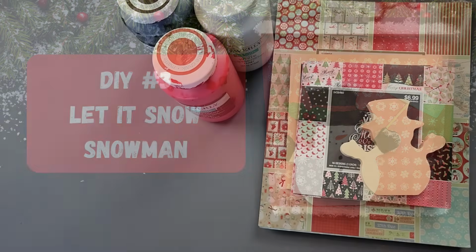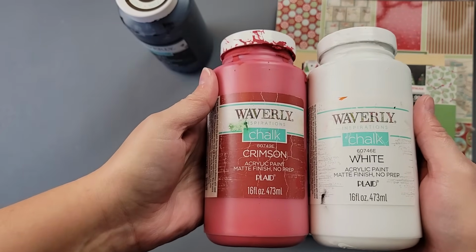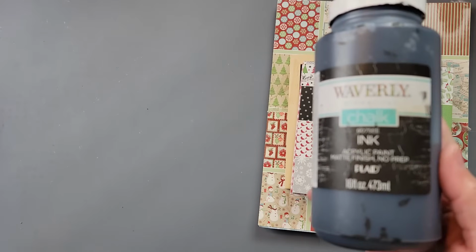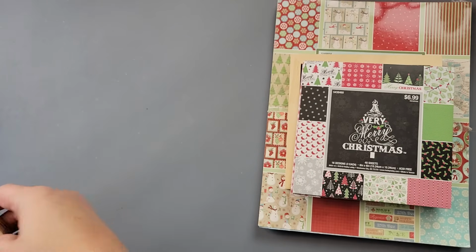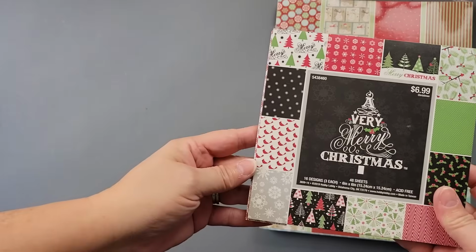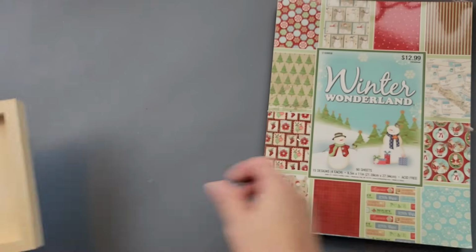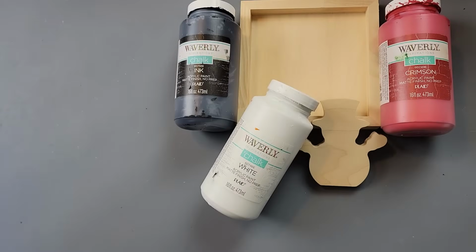Okay, so for this one, I'm also going to use my Waverly chalk paint in the color white and crimson. I'm going to use ink as well. Then this little snowman I got from Woodpecker's Craft as well. And then some paper from this paper pack. This little shadow box that also came from Woodpecker Crafts, and then a little piece of paper that came from this Winter Wonderland pack. So I'm going to start off by painting that box with my black and red,